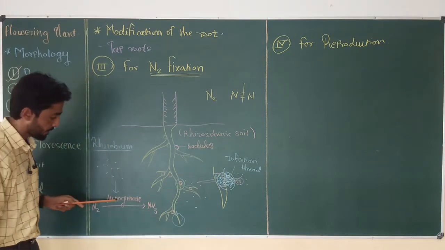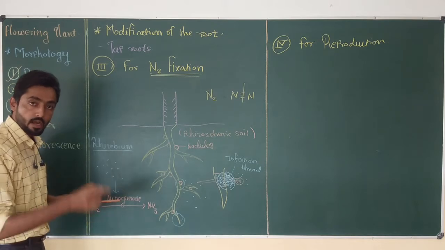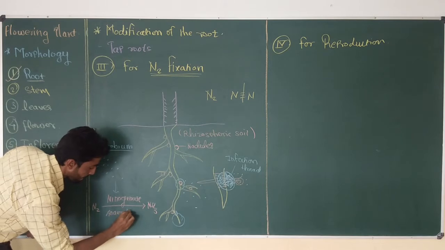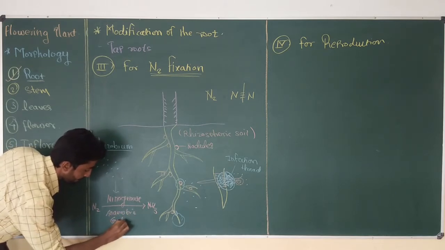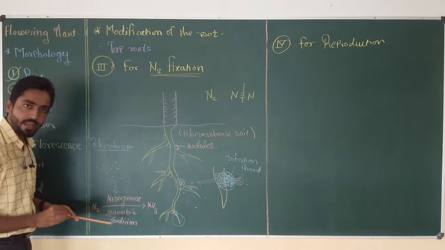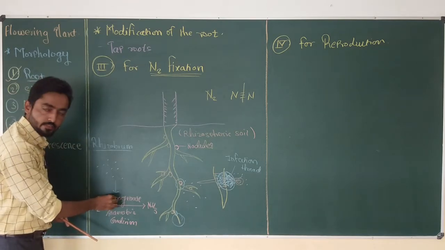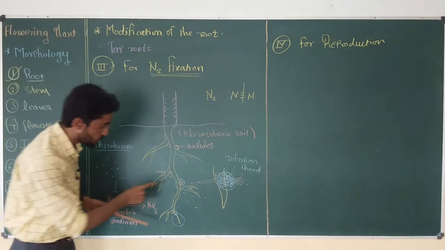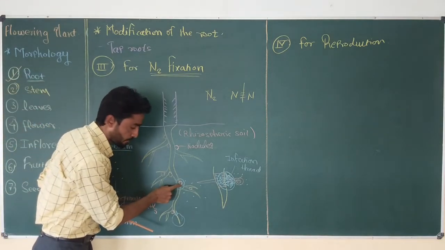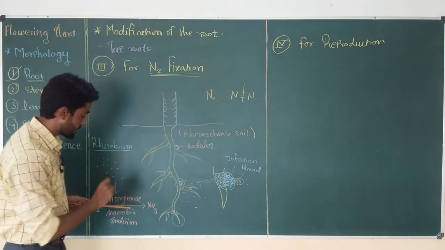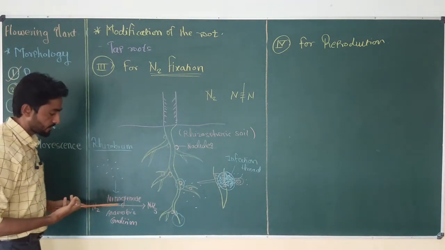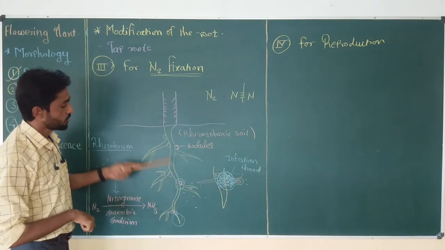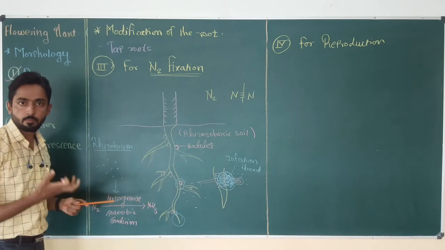This reaction is carried out by the nitrogenase enzyme under anaerobic conditions. So oxygen acts as an inhibitor of the nitrogenase enzyme. Nitrogenase enzyme only works in the absence of oxygen. So the plant has to do something to remove oxygen from these nodules, so that nitrogenase gets activated and nitrogen is converted into ammonia, and now this ammonia can be easily taken up by the roots and become available for the plant.